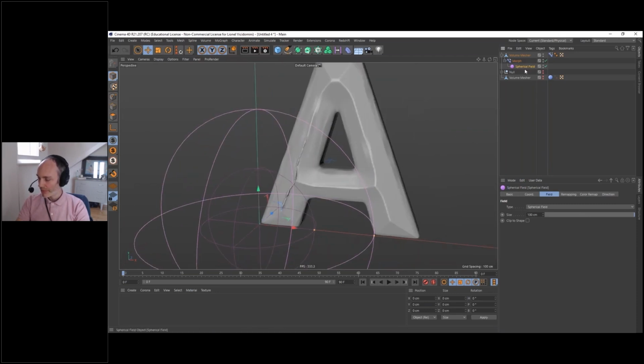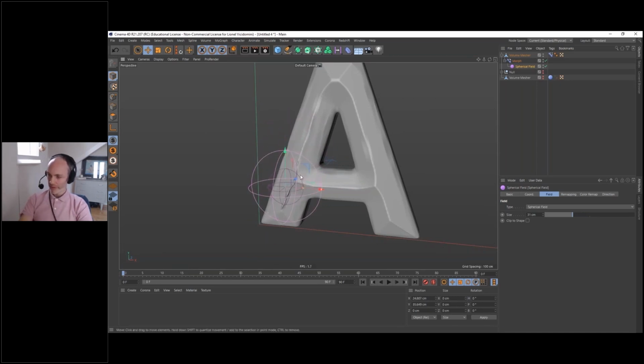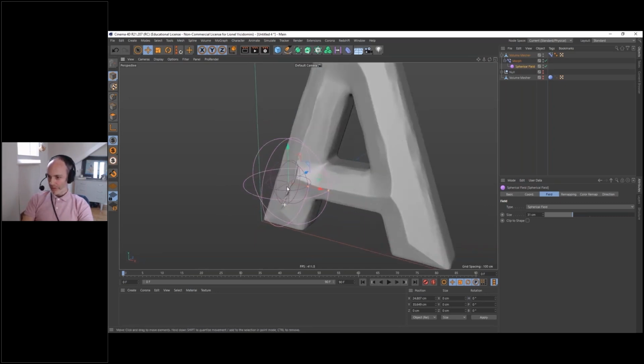So now if I just decrease the size of my spherical field and slide it here, you can see it's making the welding appear, it's blending in. So what I have to do now is to animate that spherical field along the path here. So let's do that.